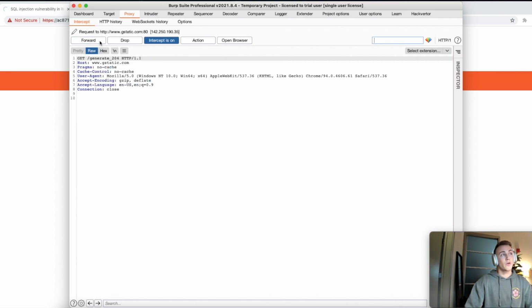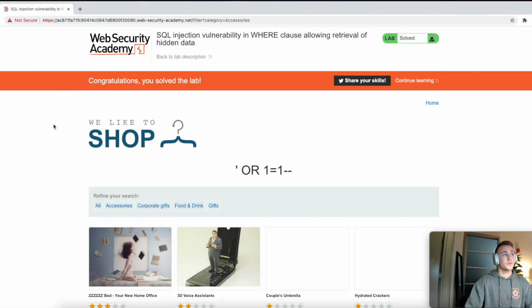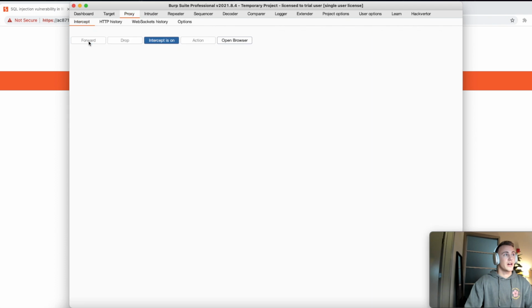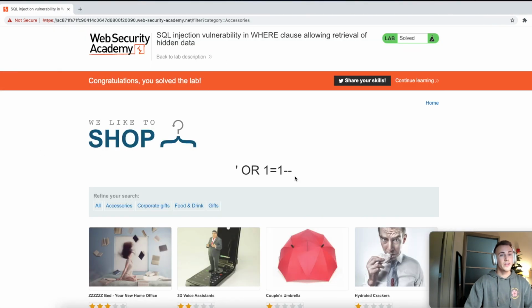If we go ahead and forward this to the application and then switch back over, you can see this reloaded. Just make sure we got everything through here. We had the banner reload, and we had our malicious SQL query reflected onto the home page here. You should see the solved lab message come through. I'm sorry, I had solved this beforehand, but this is the